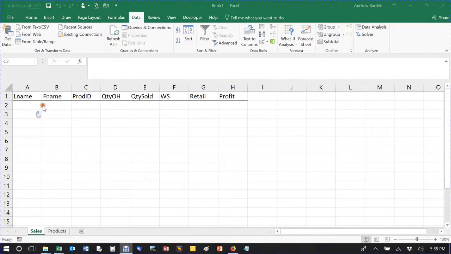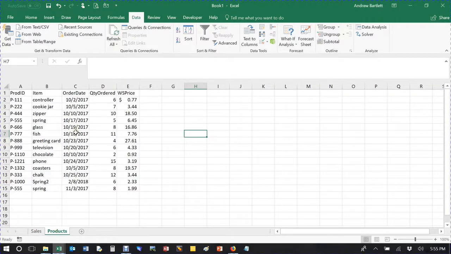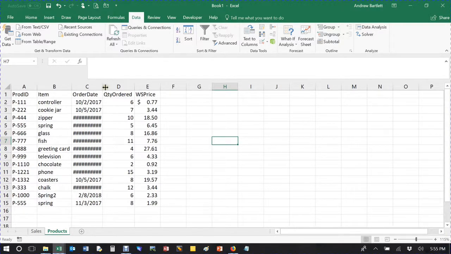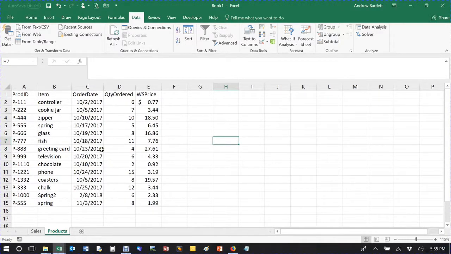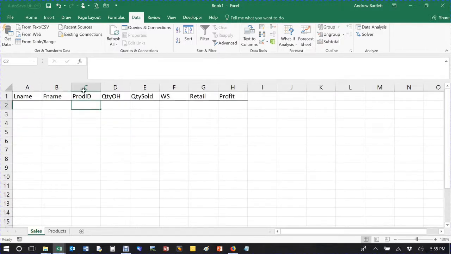Basically, I deleted everything. I deleted that last part because I'm going to go from scratch for you. So we have what we were trying to look up. We want to look up this information right here. See? You have this information here, and instead of manually entering it in,